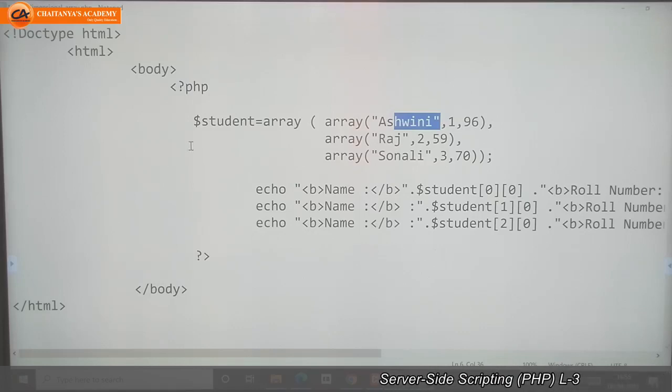In your objective question type, maybe you will get a question: dash dash array contains one or more arrays. Which array? That is a multidimensional array. Or for fill in the blanks you may get a question like dash dash array with a numeric index, that is indexed array. Or for true or false: associative array containing one or more arrays. True or false? Yes, it is false. And what is the true statement for that? Associative array is an array with named keys.